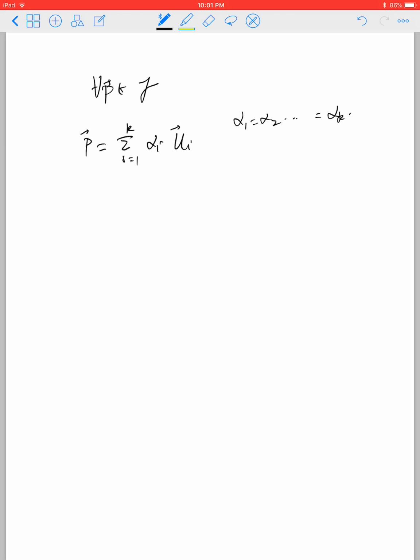So here, to emphasize this vector again, let me add an arrow on top of those vectors, right? Remember, all the coefficients can be chosen to be 0. So when we choose alpha 1 equals alpha 2 until alpha k to be 0, that means P is 0. That means 0 will always belong to the subspace F, right? But in the most general case, the subspace can deviate from 0. So imagine,